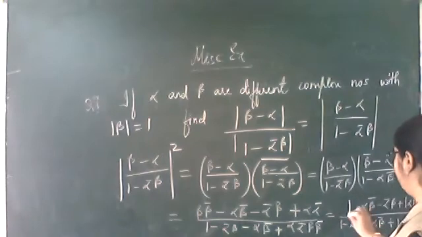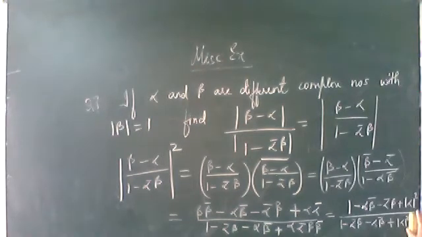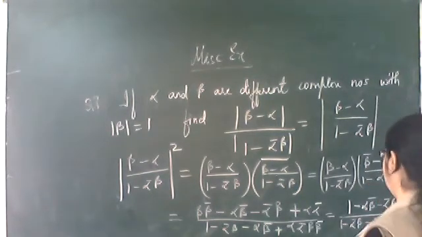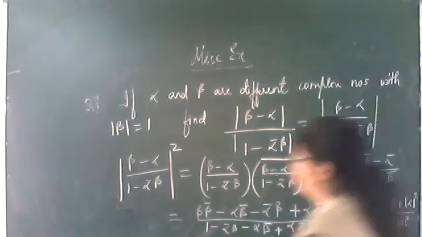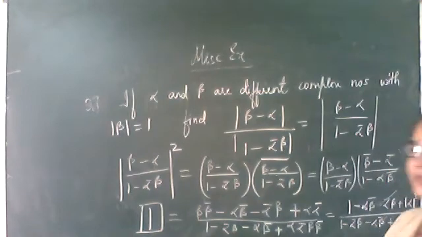This value will be equal to what? 1 minus alpha conjugate beta minus this plus modulus of alpha conjugate. Same way here, 1 minus this, and this beta conjugate, sorry, modulus of beta square will also be equal to 1. Now just see the quantity in the numerator as well as denominator. Both the quantities are the same, so they will cut and you will get the value 1. This will be equal to what? 1. When you cut these two, the numerator and denominator are the same, so you will get the answer 1.